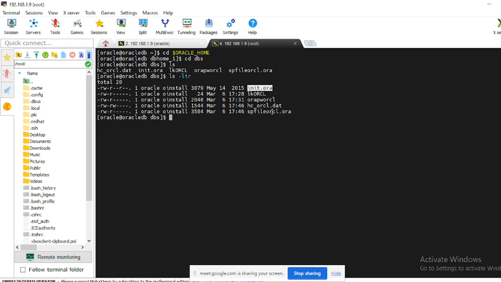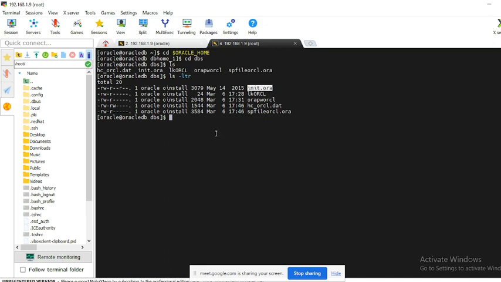If you have the SP file, you can create the P file from it. If you have lost the SP file, then by using the P file you can start your database. If you have lost the P file, then you still have the SP file, so you can create a P file from the SP file and then start the database. Also, once your database is open, you can create the P file at that stage too.